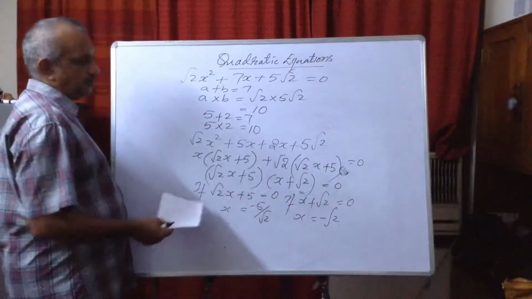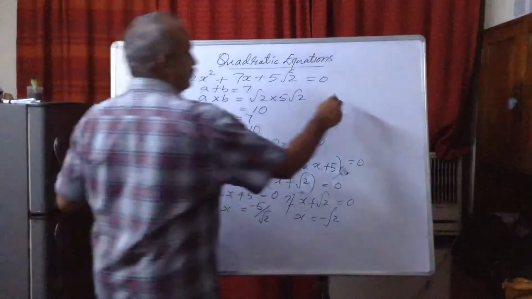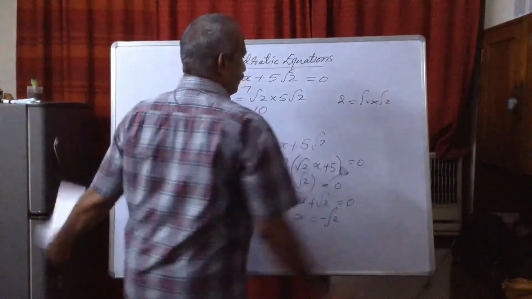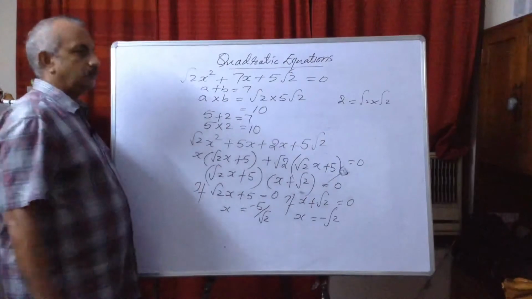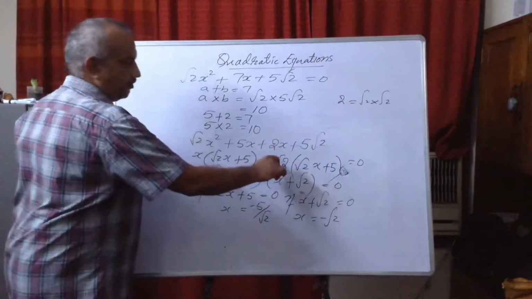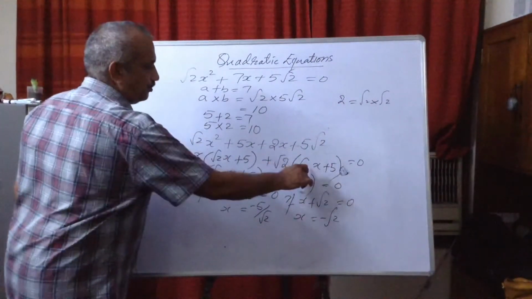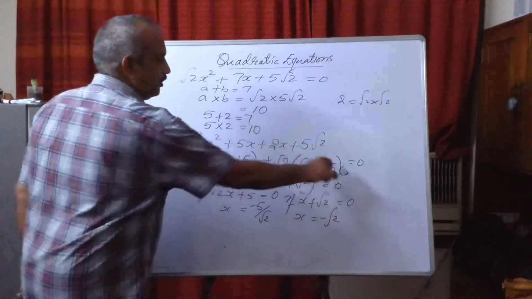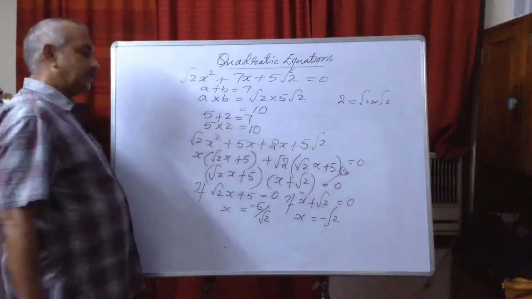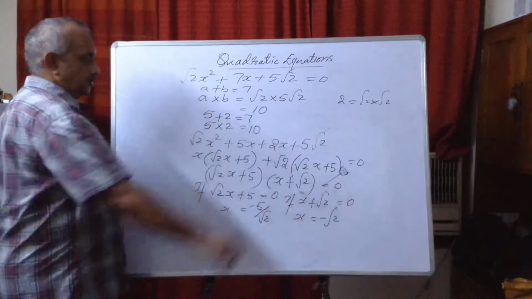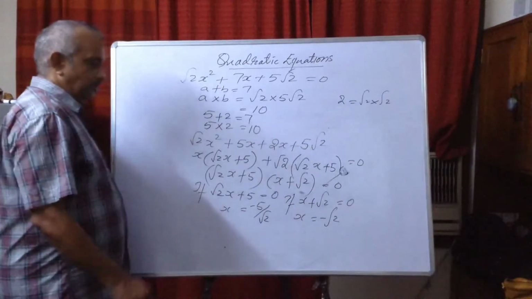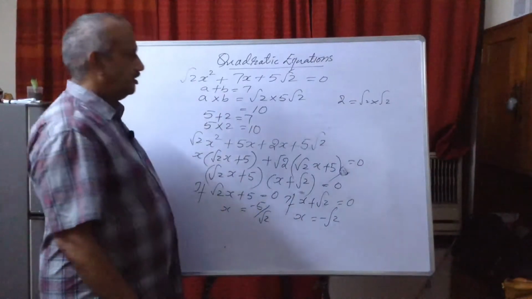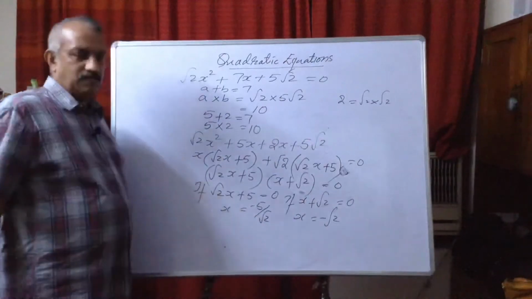Only x is common. But here in this case, root 2 is equal to root 2 into root 2. So from 2 we can take root 2. Only one root 2 will be left. So open the bracket and check. Root 2 into root 2, 2x. And again root 2 into 5, 5 root 2. So we get the same only. Then since root 2x plus 5 is common, root 2x plus 5 into x plus root 2 is the answer. Then factorization, then we can find the value.